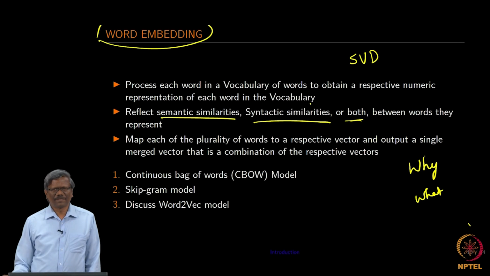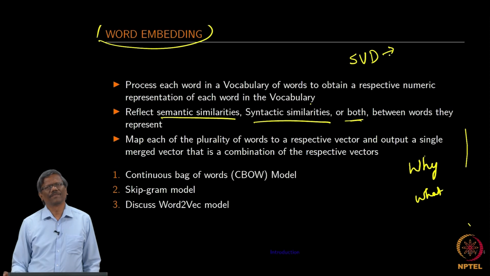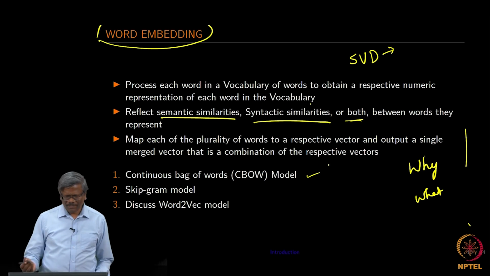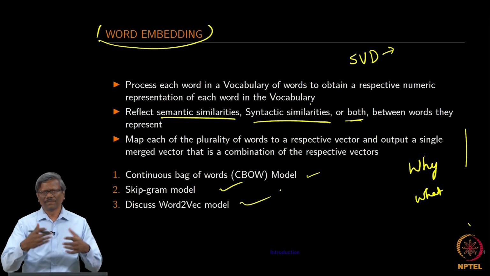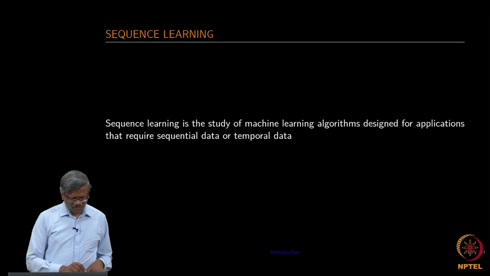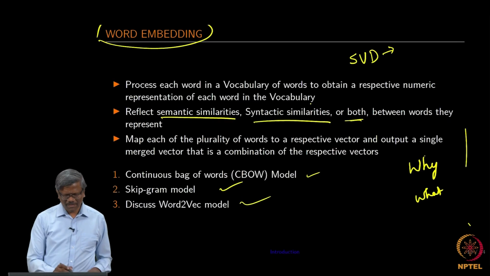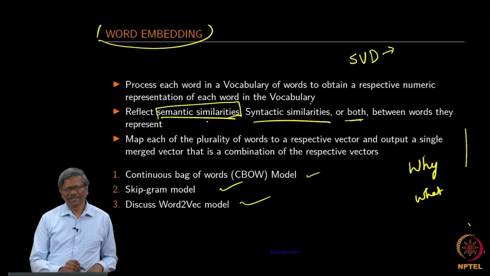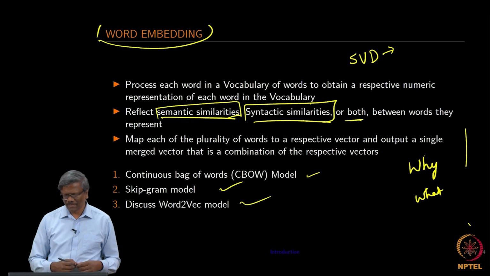So, neural net provide a better word embedding than SVD in many cases. Okay. So, how do we do that? So, we have various models using which we can convert the words into dense vectors. So, using the dense vectors, it is possible for us, as I mentioned, to understand the semantic similarities, syntactic similarities, or both. For example,